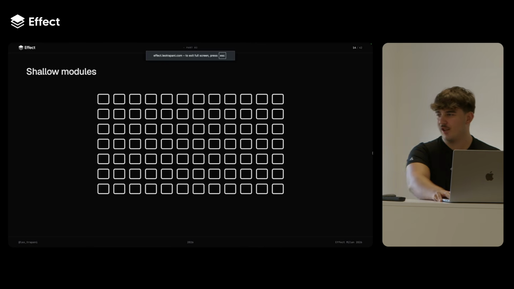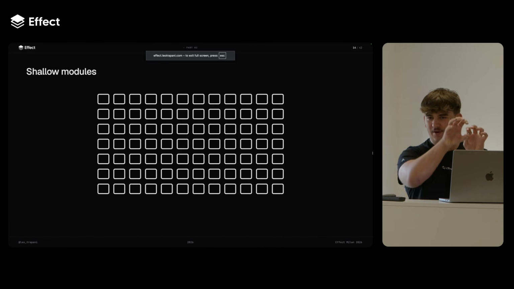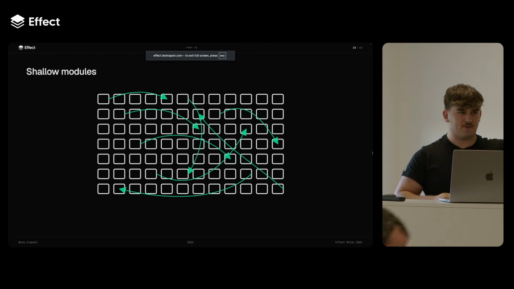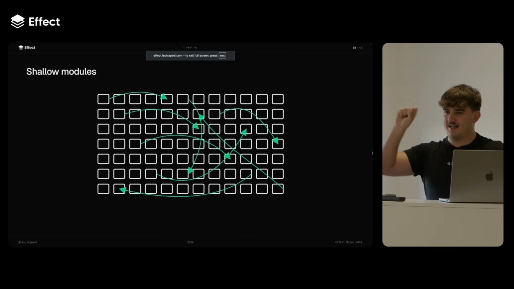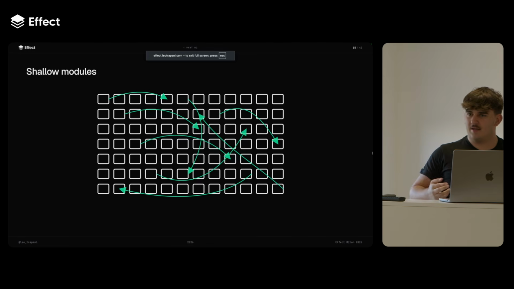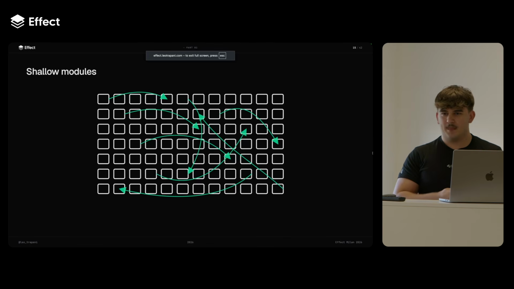So this is how shallow modules look. They're just very little software boxes that talk to each other. And this is the problem. It really creates complexity. A piece of code talks to another. So to understand the entire flow of the application and the architecture is just complex by definition. And agents do not thrive in complexity. First of all, they are very good at creating complexity. Whenever there is a bit of complexity in the code base, they just keep doing it and keep creating it.